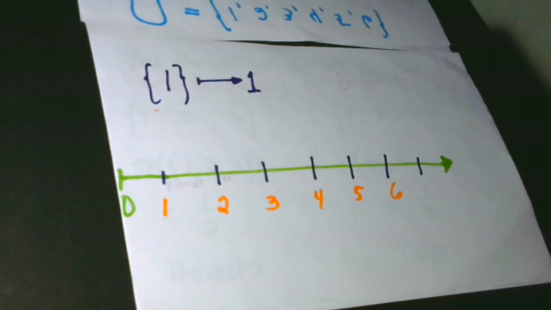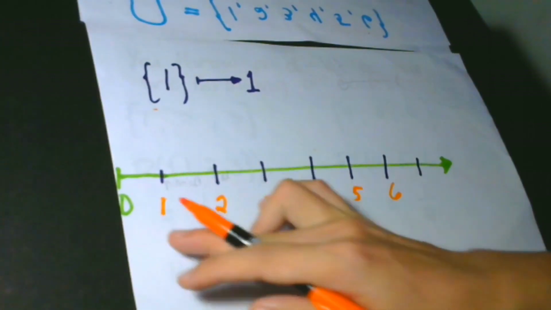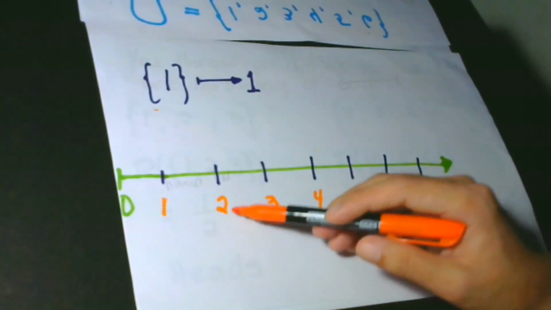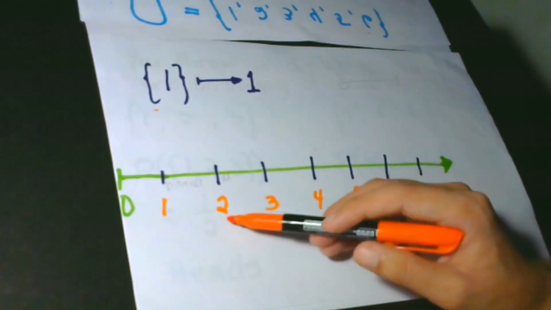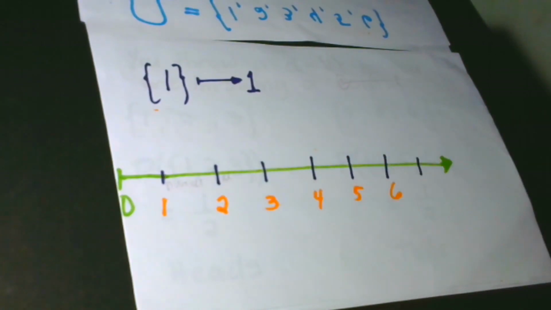So it means that there are no overlapping properties. When we say no overlapping properties, the property of 1 cannot be the property of 2, and the property of 2 cannot be the property of 3, and so on and so forth. This is the meaning of non-overlapping properties. So this kind of map may not be that interesting.